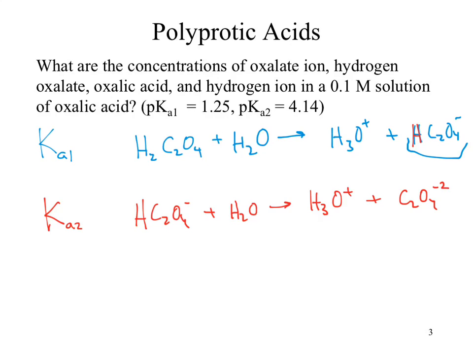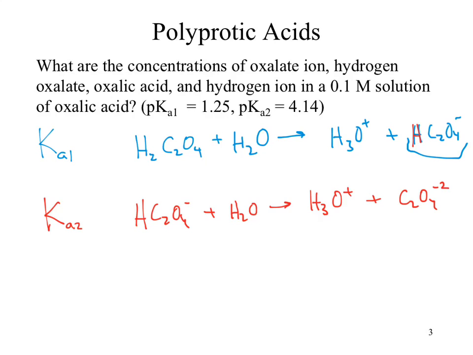It decreases. So to get the concentration of hydrogen oxalate in that solution, I must go through and solve for Ka1 and then also solve for Ka2. Because I increase and decrease, I have to account for that difference. So that means 2 ice charts. To get the oxalate ion, our C2O4, the very last species,